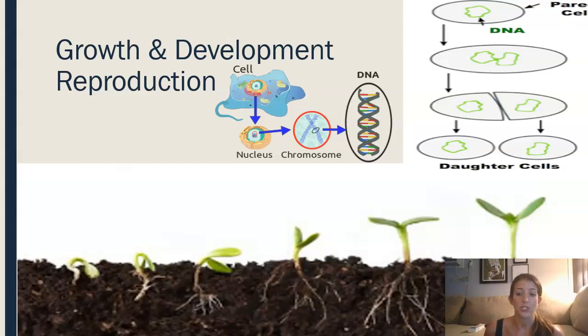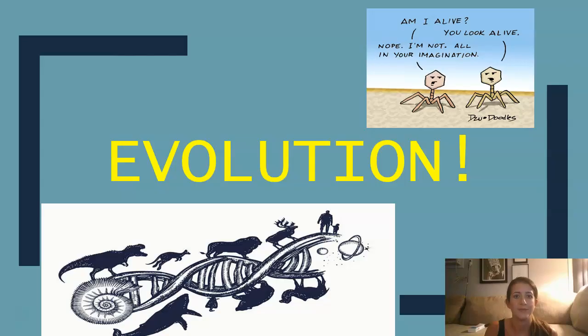In sexual reproduction, you're going to have two parents that combine their genetic information to produce an offspring that's genetically different. That genetically different organism is going to be really important for driving evolution. If you're just making copies of yourself, like in asexual reproduction, you're probably not going to be evolving too much. You might be lucky and get a mutation, but overall you're not going to be evolving, and if a disease comes along, it's going to wipe out your entire species. So sexual reproduction is going to be really important in our next talk about heredity and evolution.